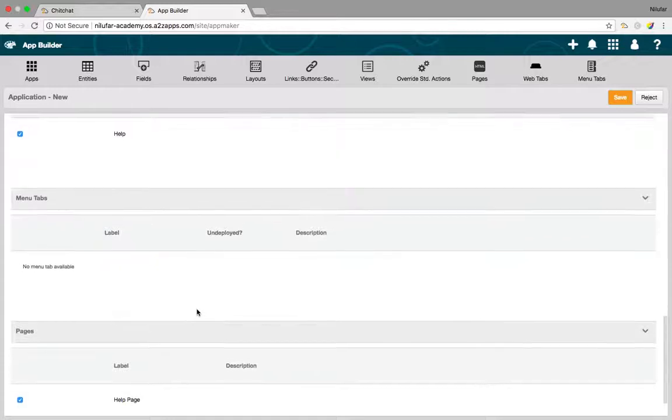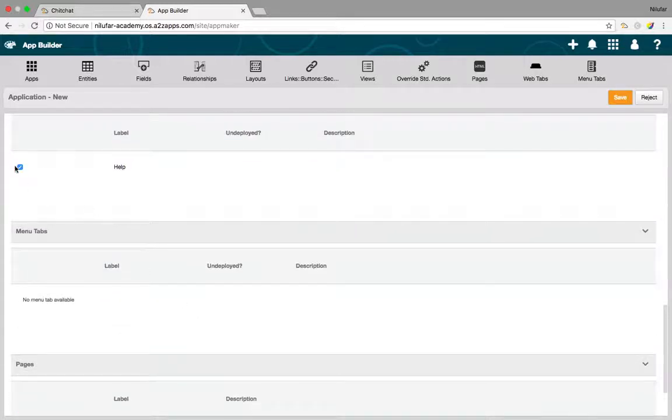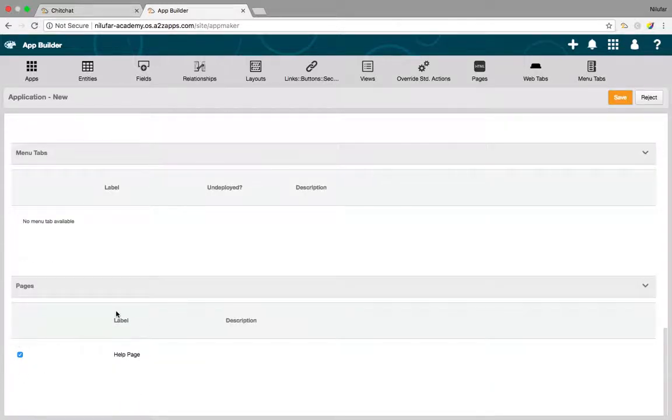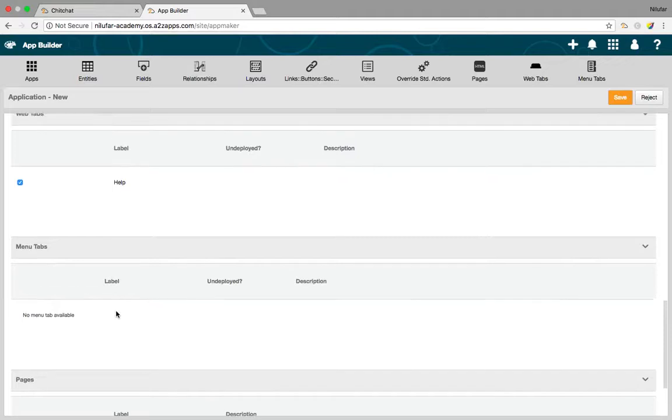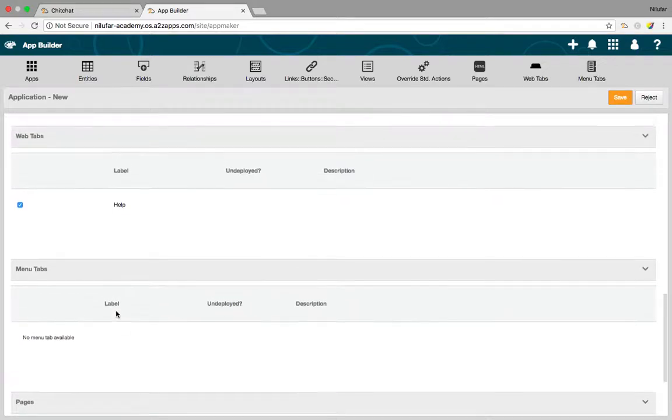I have linked it to this particular web tab and this particular page. The page cannot be directly linked to an app. In order to link to an app, we need to link it to a web tab first, and then that web tab is linked to that particular app.